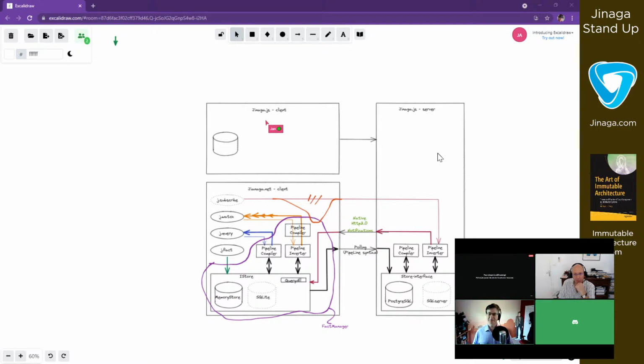Yeah, so Jan, you were talking about the pipeline inverter, and would there ever be a pipeline compiler on the server side? So yeah, if there are business logic components that you want to run on the server, rather than running those in the client, then that business logic would be calling j.query, j.watch within the server, and that's where it would use the pipeline compiler.